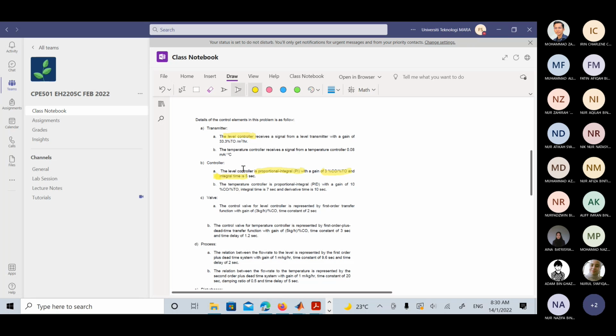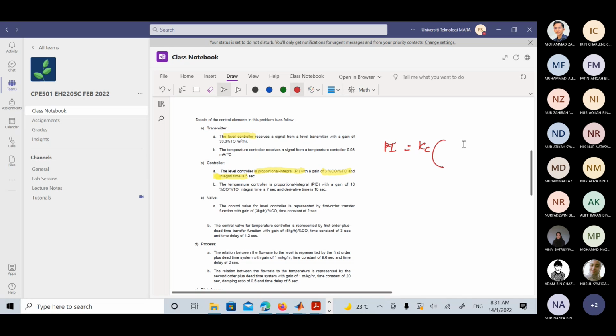So you may refer back to the feedback controller and process dynamic behavior. So for the level controller, the general term for PI controller is, apa dia? KE. Saya terbalik, sorry, ini proses. KC. Betul. Astagfirullahaladzim. Alright. So PI controller is KC